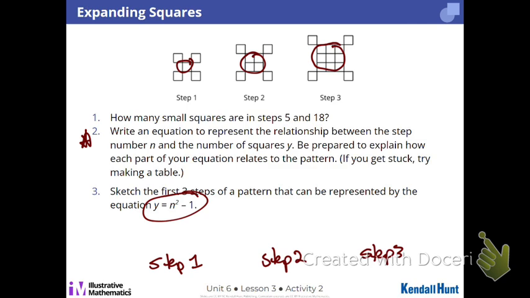So I'm going to say n squared plus 4 is my function. It's always the step number squared. So if I want the fifth step, the square in the middle is going to be 5 by 5, or 25, plus 4 more. 29. Step 5 is going to be 29. And then for 18,